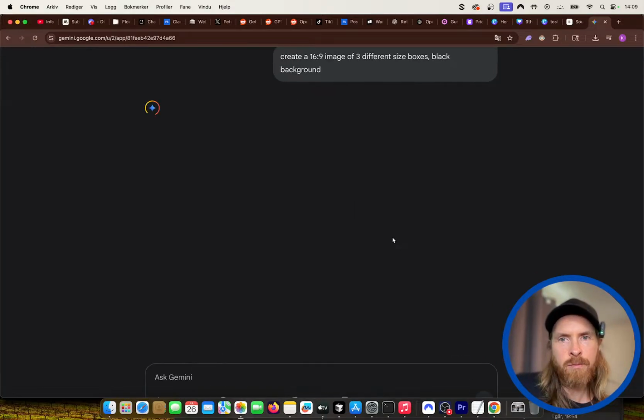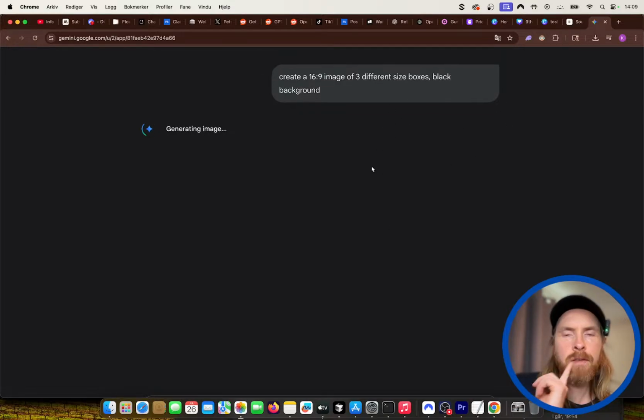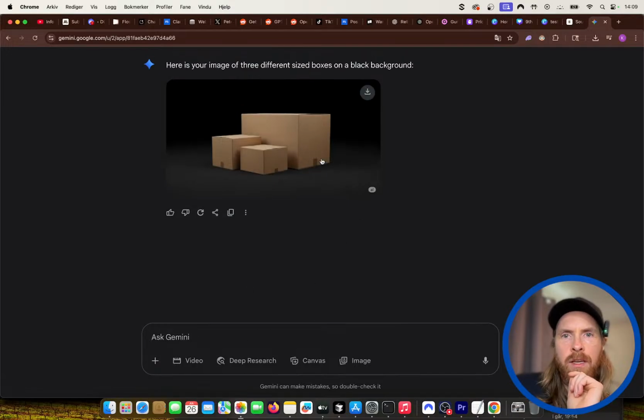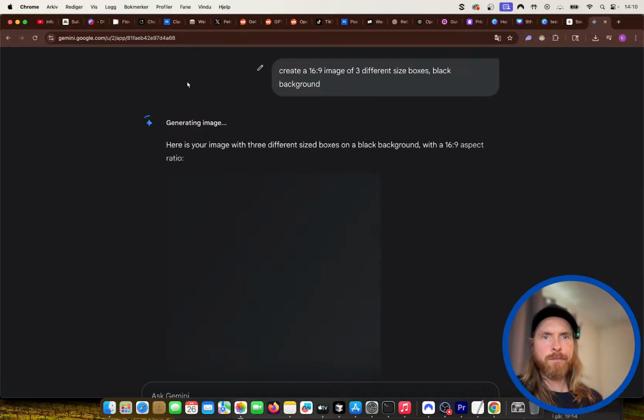I wanted to see if we can move the boxes around precisely. I'm not sure if we can do that. Yeah, I don't want a video now. I just want the image, and then I want to just try to make these arrows on the image. We can try this.